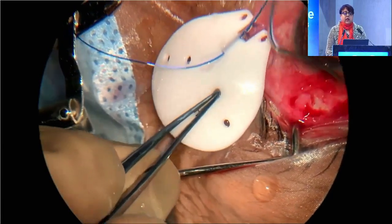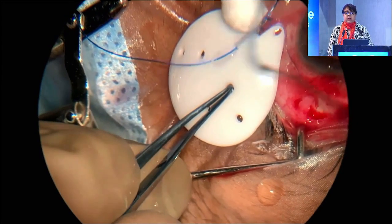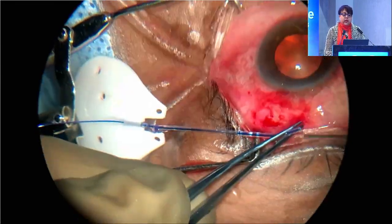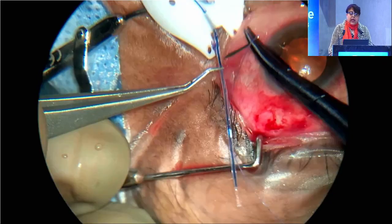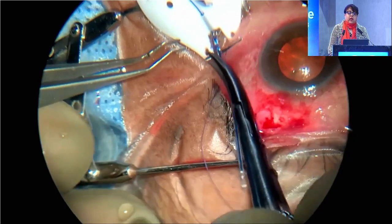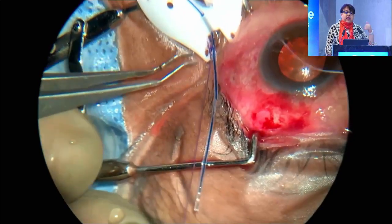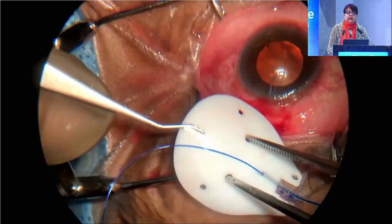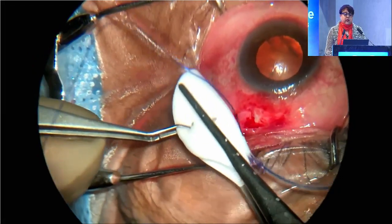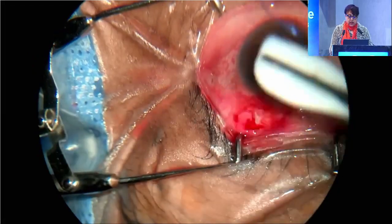And so you occlude it. Here, the first occlusive ligature did not occlude it completely, so I used another one. And at every point, I check. I check for occlusion, and then I check for filtration anterior to the occlusion. So here you can see,